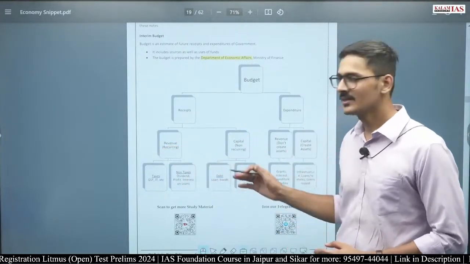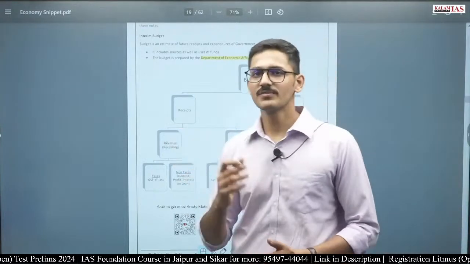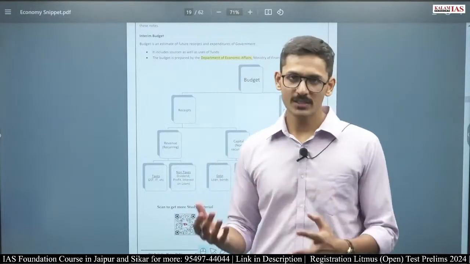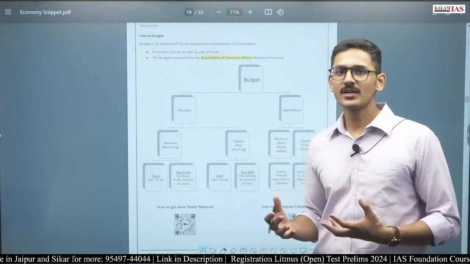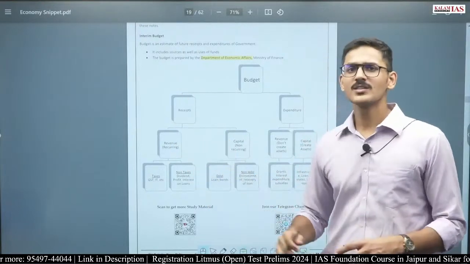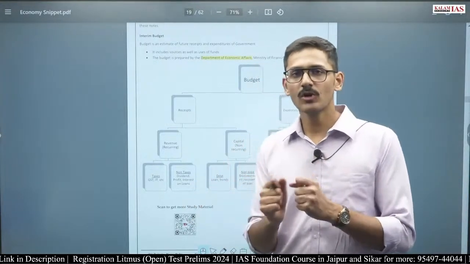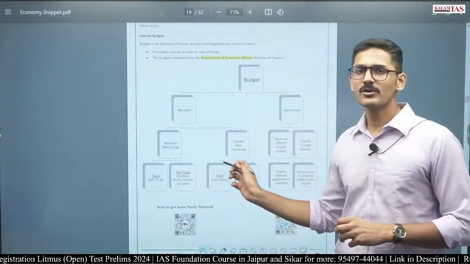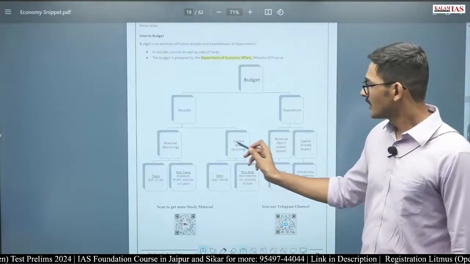But if the government sells the shares of Coal India Limited, for example, Coal India Limited every year was transferring 50 crore rupees to the government of India. So that was part of the profit that Coal India Limited was generating. Now this is a hypothetical example. If Coal India Limited was generating 50 crore profit and transferring 50 crore to the government of India, what does the government of India have to give back? Nothing, because it's its own ownership out of which it is generating profit. But if the government of India sells the share of Coal India Limited, then we will call it capital receipts.